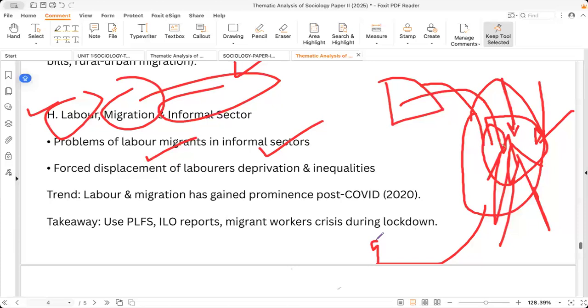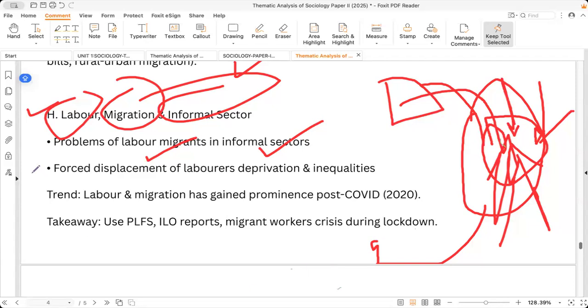When they are not skilled, because skill is power in the modern era, any kind of education which is just bookish education won't give you money. In the capitalist era, skill is something very, very important. So they are more concentrated in the informal sector, informal organization. So gender and informal sector is something you need to prepare hand in hand. Okay. Then forced